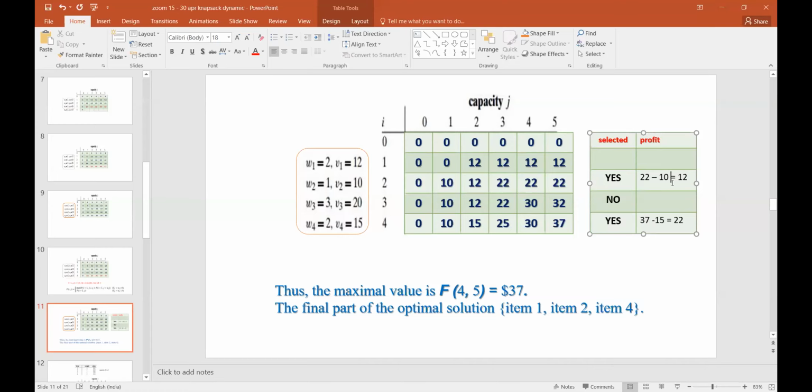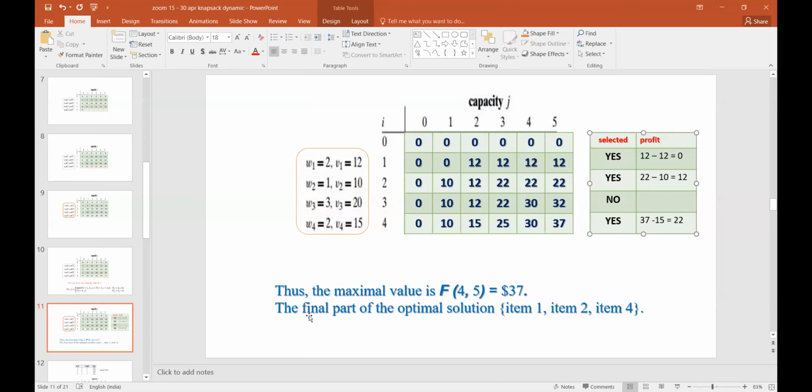I shall proceed to the previous row. Is there a 12 entry? Yes, that entry 12 is there. Is that present in the previous row also? No, it is not present. So I can consider this object 1. Yes, I will consider it. So what is the profit remaining? 12. What is the profit given by object 1? Here you can see the profit is 12. So what is remaining? It is 0. So fine then. With this, the selected objects are object 1, object 2, and object 4.